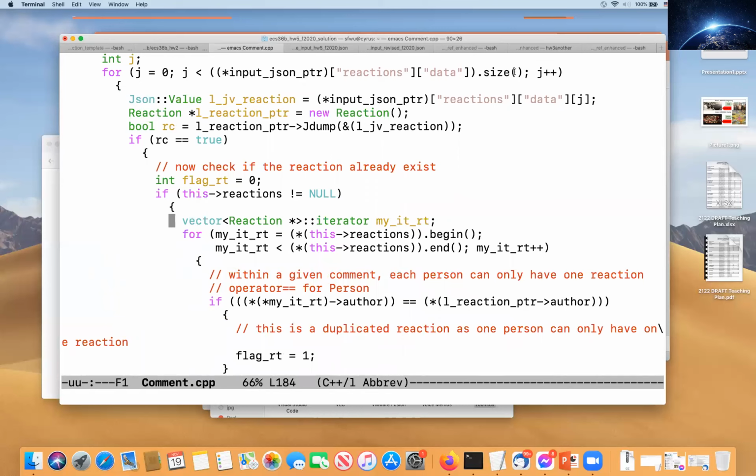So this is the opportunity for us to learn a little bit about how to use the vector template like an array. The difference is that in the C array, the programmer needs to know what is the range of the variable you need to put in. But in